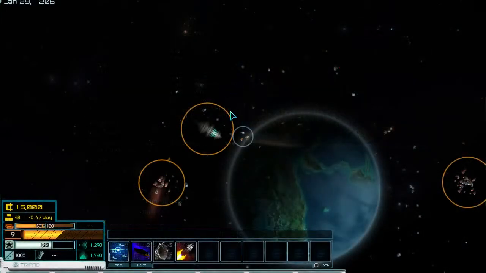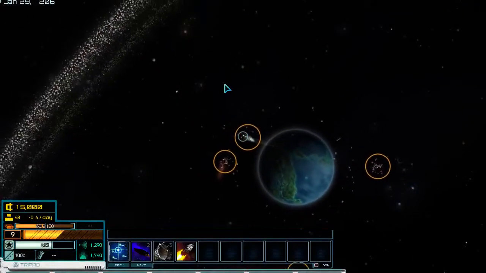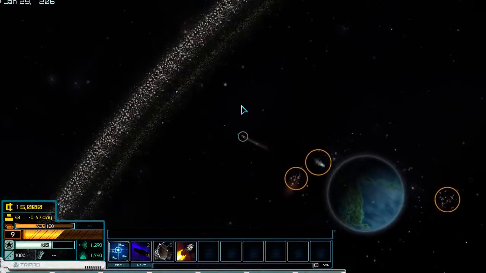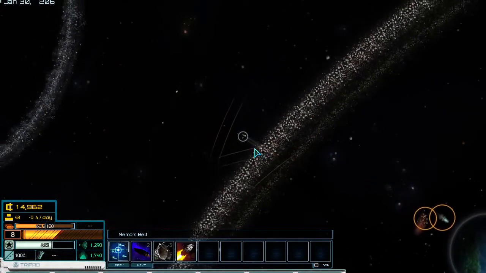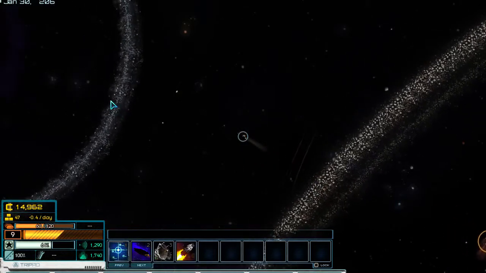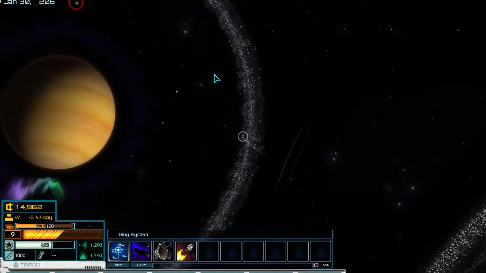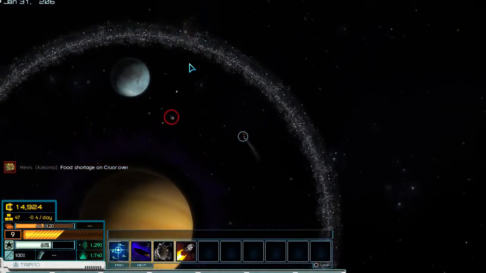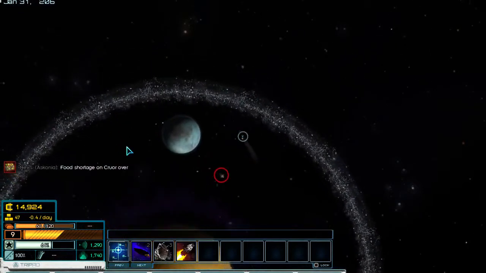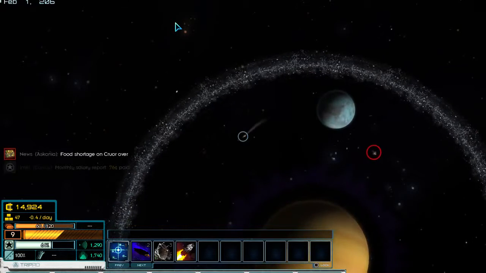Alright, so let's go find some trouble. Go towards this pirate base, see something will attack us. Going through an asteroid belt slows you down a little bit. I like how they've integrated terrain as actually a real thing. It's not just visual, it has effects. It's pretty sweet. Alright, so there doesn't appear to be any fleet in the exact vicinity, but I guess I